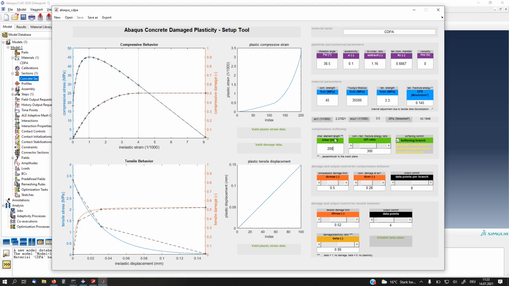Because with the characteristic element length, you are able to compute the inelastic displacement out of the inelastic strain, and then you can have the area underneath the curve again, and with the help of this ruler here, you can